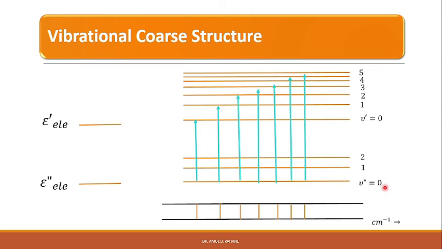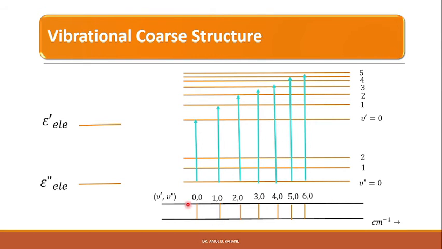That means the vibrational ground state. So from this transition we get different vibrational transitions to the upper electronic levels, with different vibrational quantum numbers or different levels. And these transitions we can show on the spectrum also. For convenience we use the numbers nu prime comma nu double prime to represent these transitions.